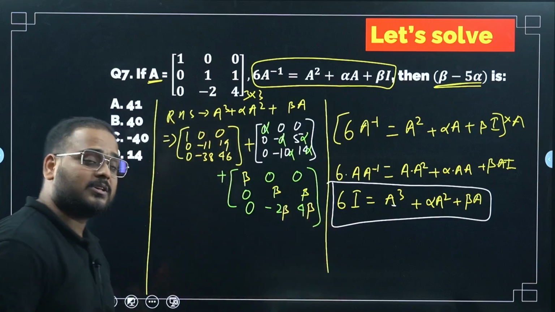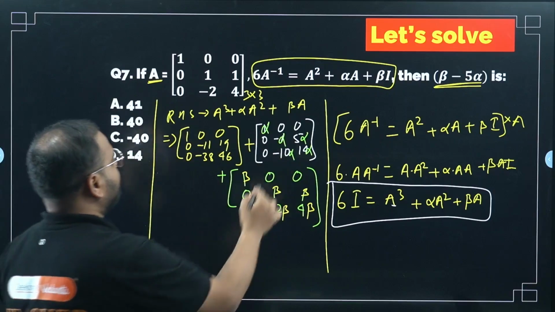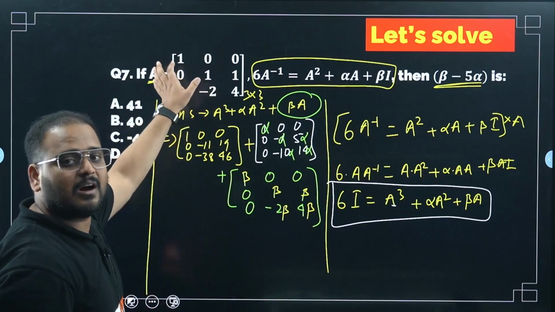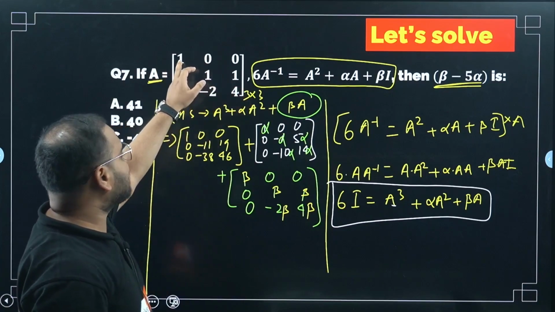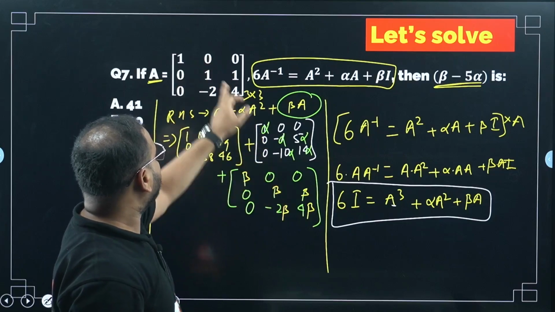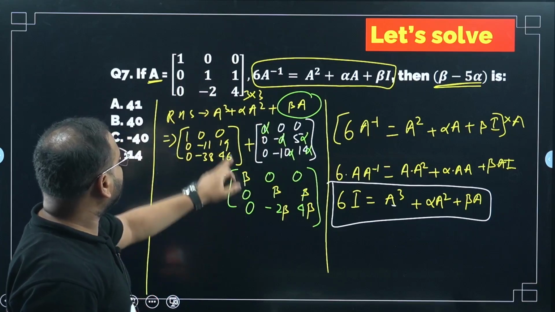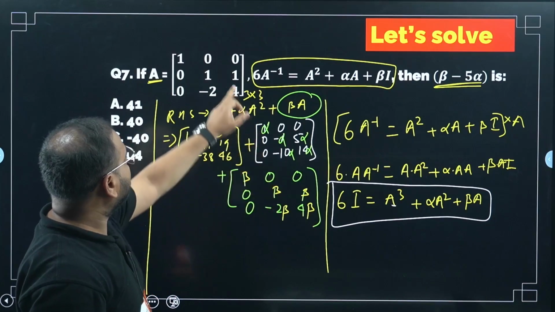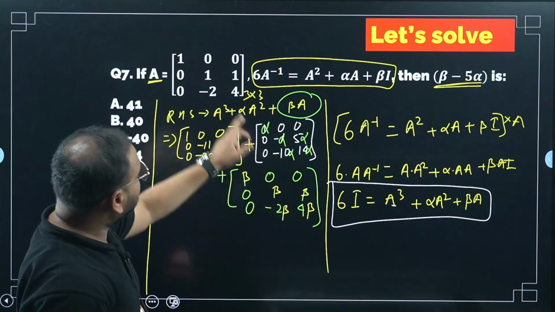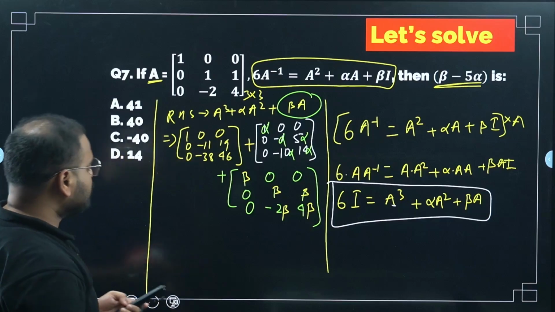If you are asking me how, sir, see, the expression is beta times A. So whatever the elements in A, I will multiply them with beta. So this will become beta times 1, beta times 0 is just 0, beta times 1 is beta. In the same way, beta times 0 is 0, beta times 0 is 0, beta times 1 is beta, beta times 1 is beta, 0 is 0, beta times minus 2 is minus 2 beta, beta times 4 is plus 4 beta. So this we have got.